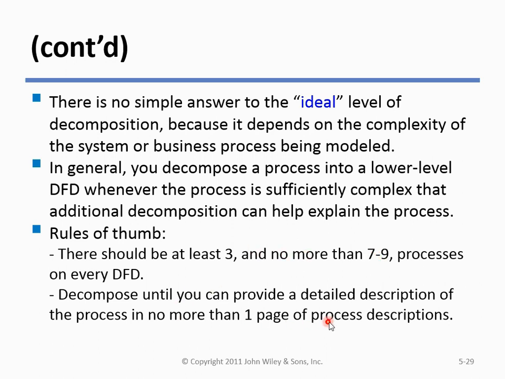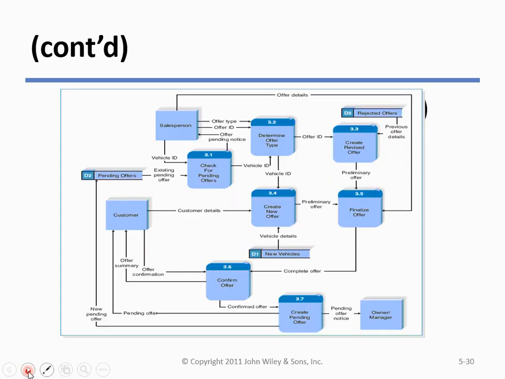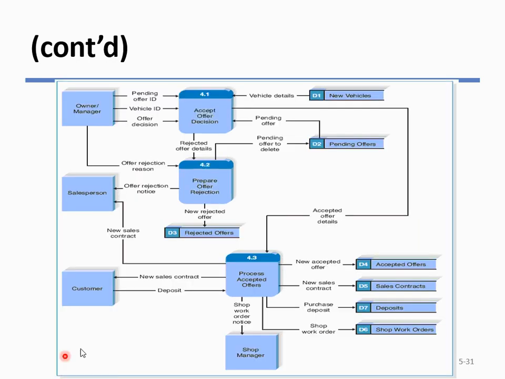Okay? I always said no more than 1 page. I gave it a half page. But the idea is you'd like every circle at the bottom of the documentation level to be fairly easy to do. That is, if you're going to stop at 3.1, the check for pending orders ought to be a page of instructions or less. Log into the computer, open up this document, put in the salesperson, and we're checking for pending orders, or pending offers, or maybe put in the vehicle ID, and describe how to do that. If it takes more than a page, then you need to break that into sub-processes. That's the idea. Okay,